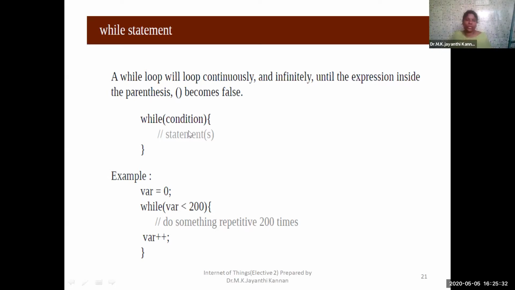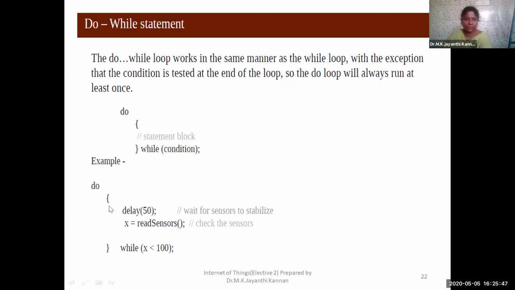If it is do while, we'll do the process once, then we'll check for the condition. And in the while statement, we'll check the condition first. If the condition is satisfied, then only we will execute the statements which are in the curly brackets. So do while will execute the statements once, then it will check for the condition. If the condition is true, again it will repeat the process. So this statement also we can make use of as it is in